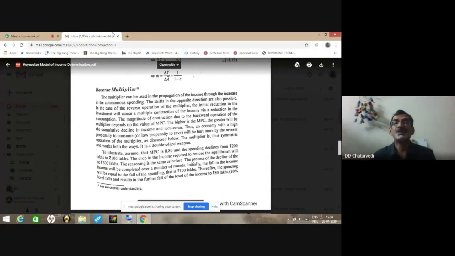When we use the accelerator in the car, you will find that the greater the force with which we apply the accelerator, the greater is the distance traveled by the car in the forward direction. And this is how you can understand the multiplier principle from a real life example, that the distance traveled per unit time is greatly increased by applying force on the accelerator. So that means multiplier is actually acting as an accelerator.